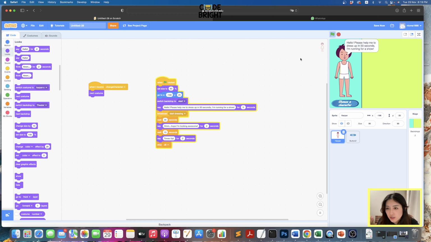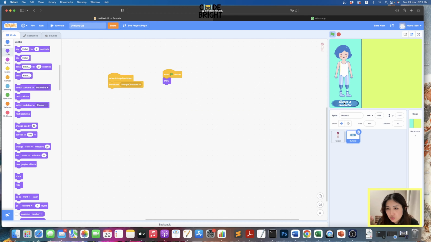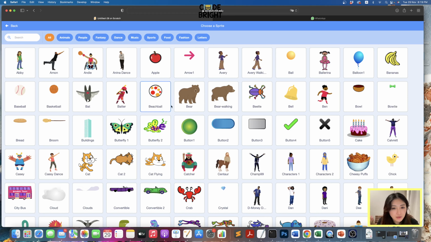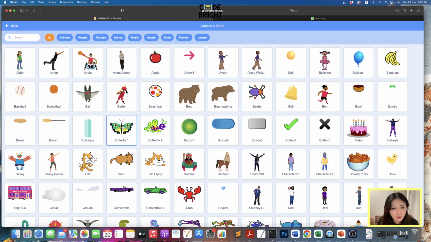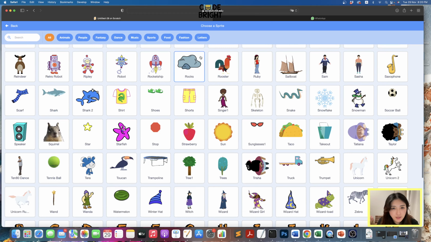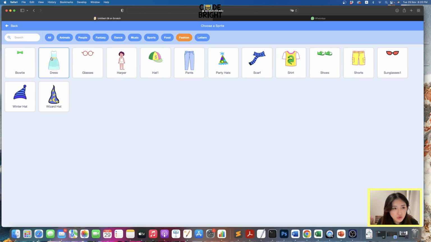When I played, it gave instructions, and then when I choose a character, it will go to the next costume. It looks a bit more fun, right? Okay, the next thing we are going to do is choose lots of clothes. Let's go to the sprite library. You can choose the fashion category, which is easy to find compared to finding one by one, scrolling down, time consuming, right? So I'm going to choose this,